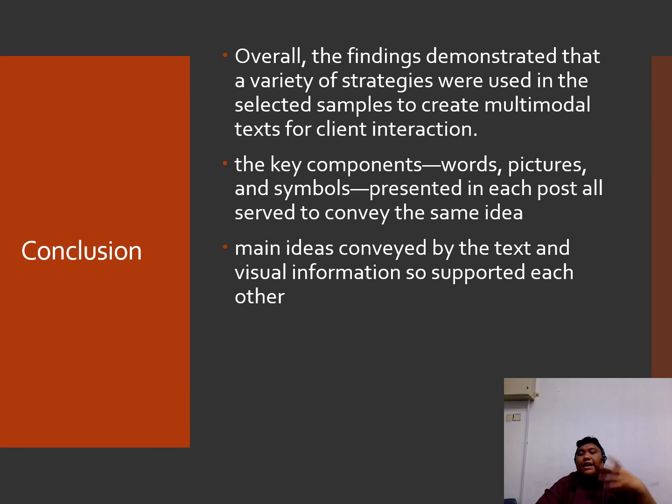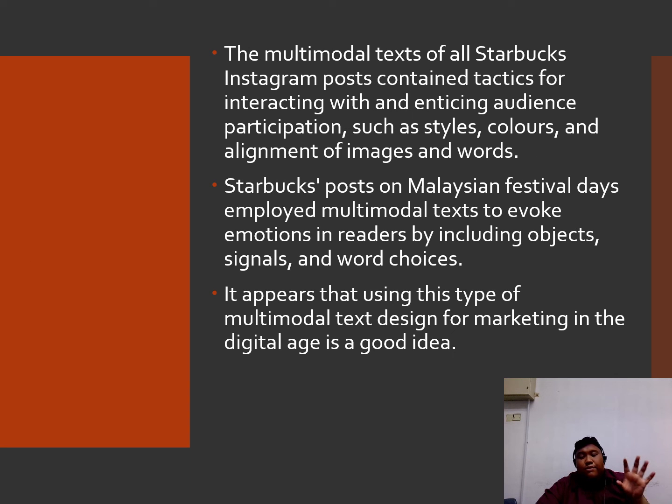Okay. Overall, the findings demonstrate that a variety of strategies were used in the selected samples to create multimodal text for client interaction. The key components, which are words, pictures, and symbols, presented in each post all serve to convey the same idea, which is that the main ideas conveyed by the text and visual information support each other. And then the multimodal text of all Starbucks Instagram posts contains tactics for interacting with and enticing the audience with styles, colors, and alignment. Okay, and it is used to evoke emotion in readers by including objects, signals, and choice. It is a good idea to use this kind of marketing in this digital